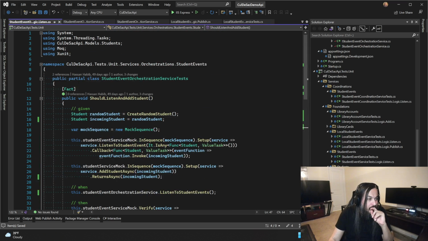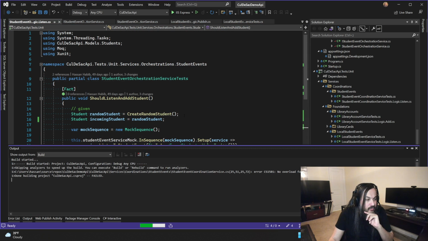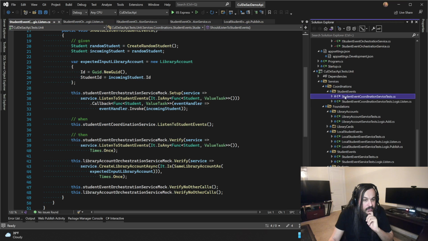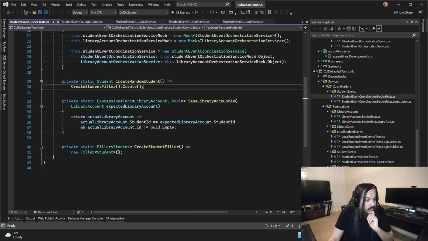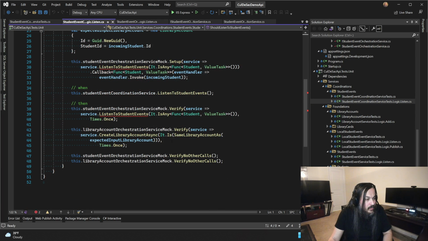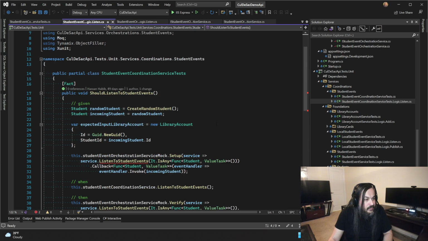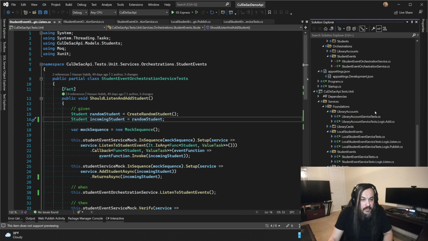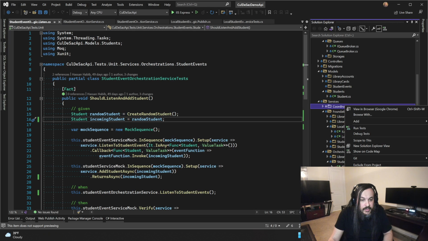All right, let's run this guy and see what happens. This guy now should fail. Actually, the coordination service should fail completely because we blocked the coordination service from existence, basically. So let's go into coordinations here. This guy's freaking out probably. Let's see. Probably on this realm. There you go. So let's completely throw away the coordination service. Completely. We don't need it anymore. Coordination service gone. Also coordinations gone.